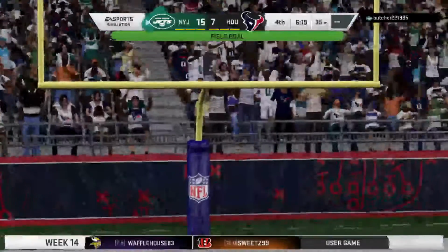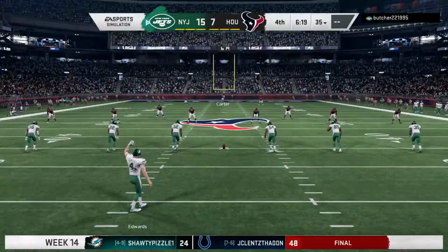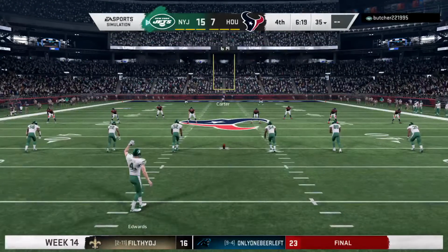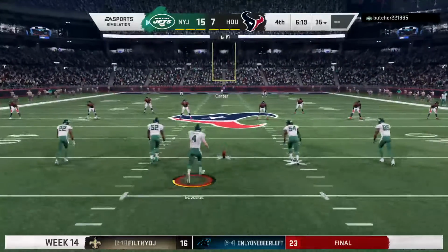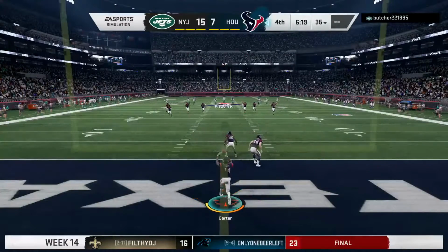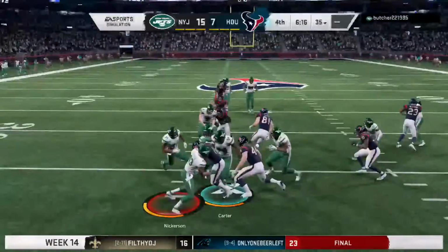Catanzaro's kick is good, and that now makes this a 15-7 game. From a defensive perspective, though, I think maybe they're saying, hey, we did what we needed to do, kept this a one-score game. Yeah, without a doubt, because they were able to bleed some time off the clock, right? Put themselves in a good position, but it's not out of reach yet, okay? Being able to hold them to a field goal means that they do have a chance to come back and